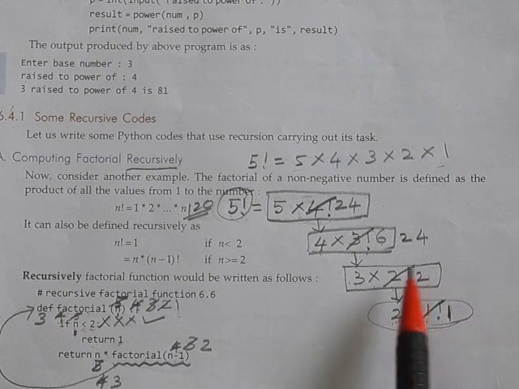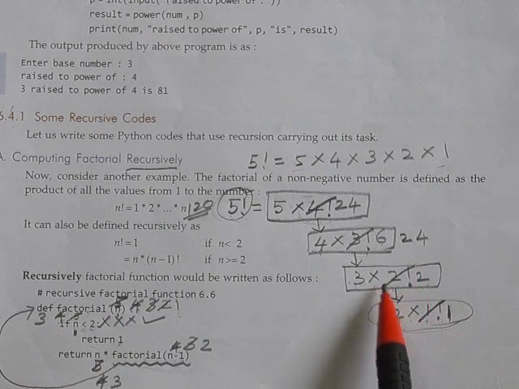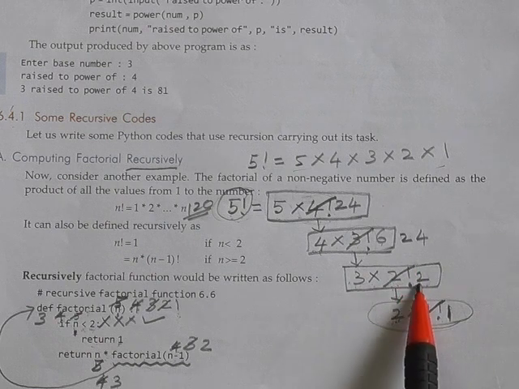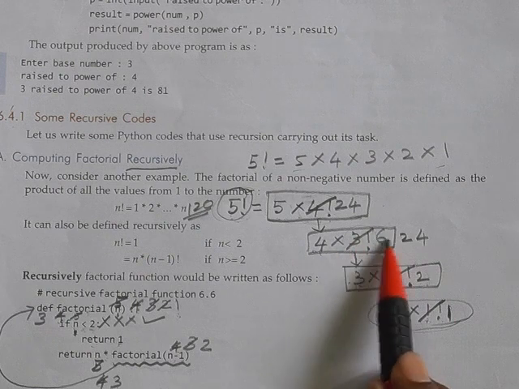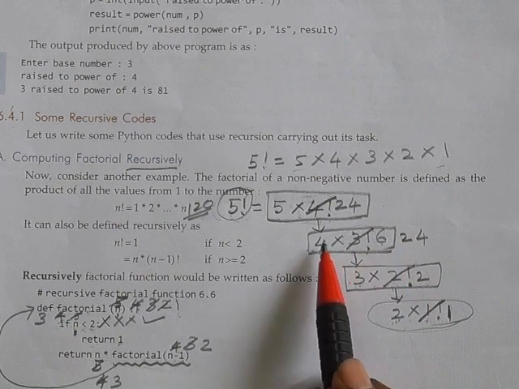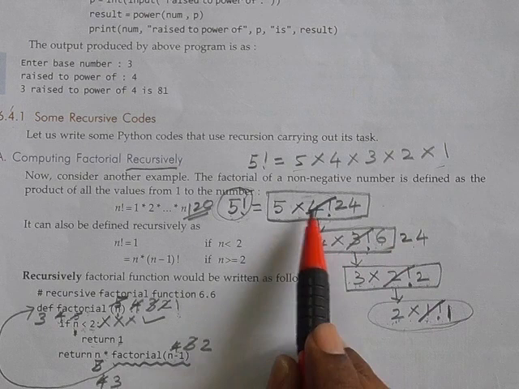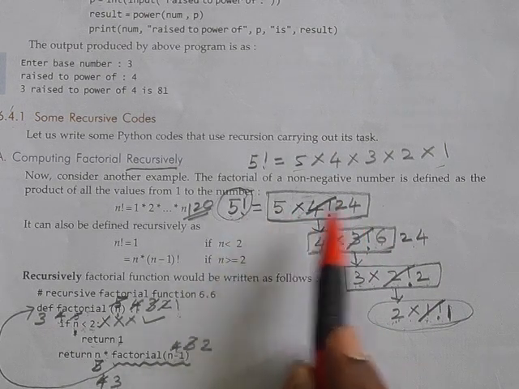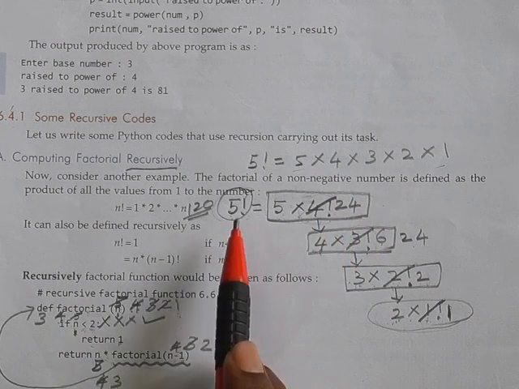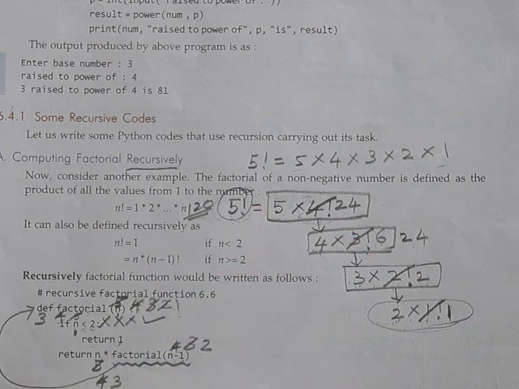So I am going back here, the 2 factorial I will strike it out. Instead of 2 factorial I will write 2. So 3 2s are 6. So instead of 3 factorial I will write 6. So 4 6s are 24. Instead of 4 factorial I will write 24. So 5 factorial means 5 4s are 120. So instead of 5 factorial I will write 120.